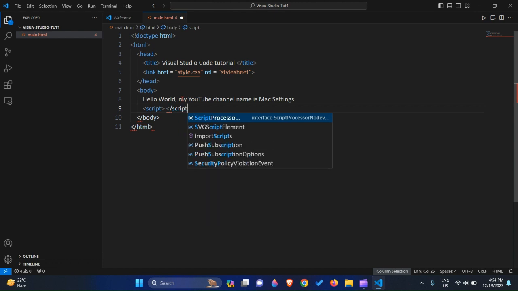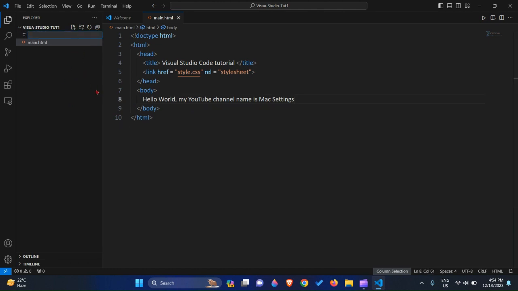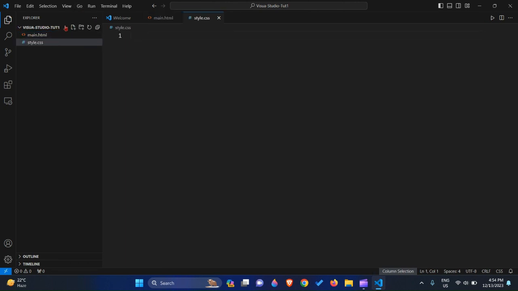Script. And done. But for now, we still use script tags. And for making a website work with a style.css file,